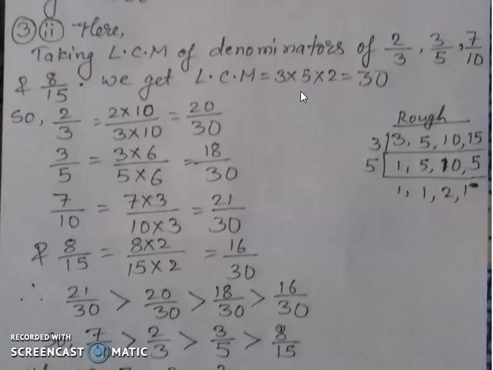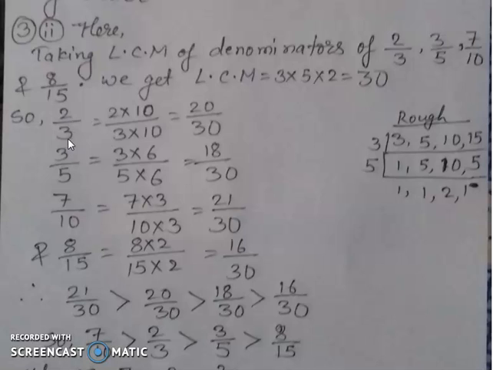And you can see over here, roughly, with 3, 3 1s are 3, and then 5 is over here, again 10 is over here, and 3 5s are 15. 5 comes because it doesn't divide, and 10 is not divisible by 3. So now with 5 I divided: 5 1s are 5, 5 2s are 10, and 5 1s are 5. What happens? 5 3s are 15, and 15 2s are 30.